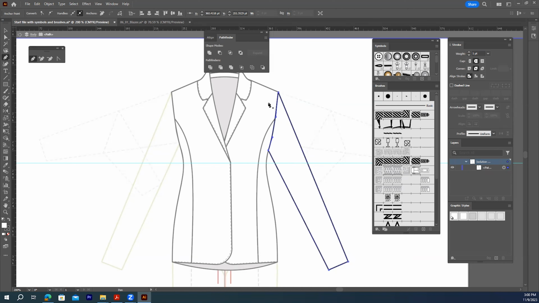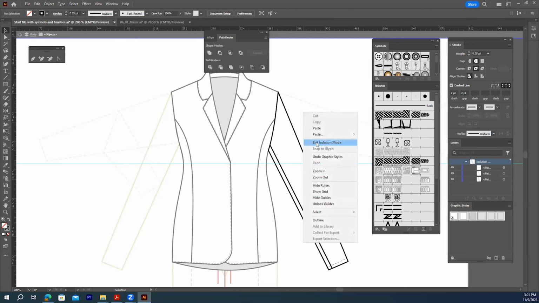Click, and now it's closed. I want a two-piece sleeve, so we need to create an extra line here, and also I want to add stitch line here, so I'm using my pen tool and assign stitches. Now this is finished,